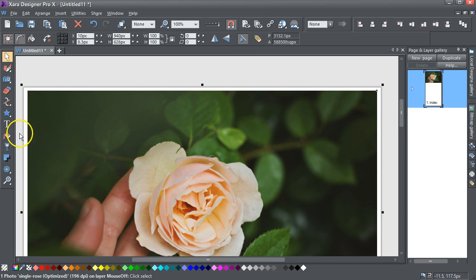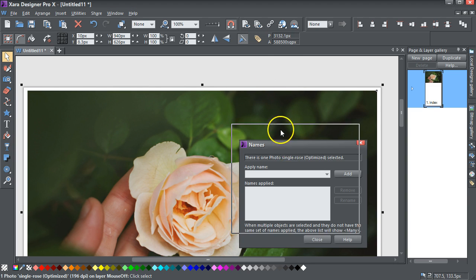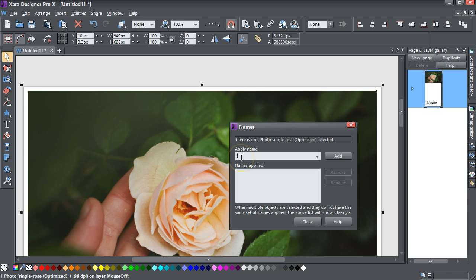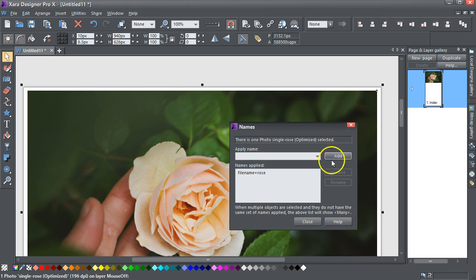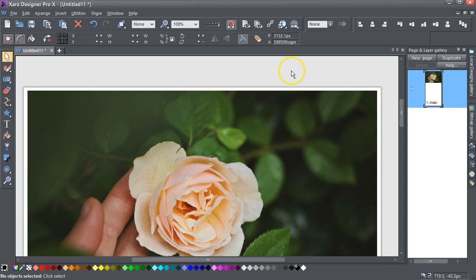I'm going to select it, go up to the name icon thing, and I'm going to call this file name equals, and I'll just call it rows, and go add. This just changes it, so now this image is going to be called rows.jpg throughout, and